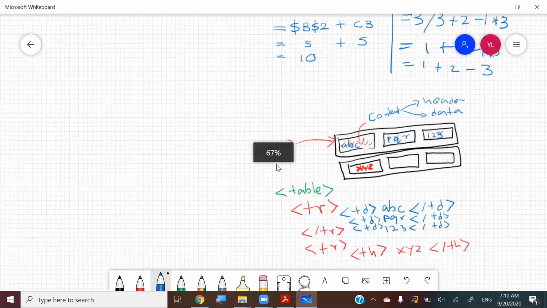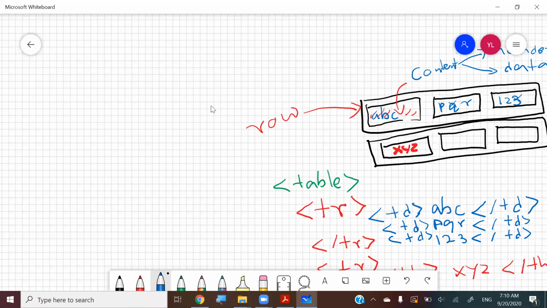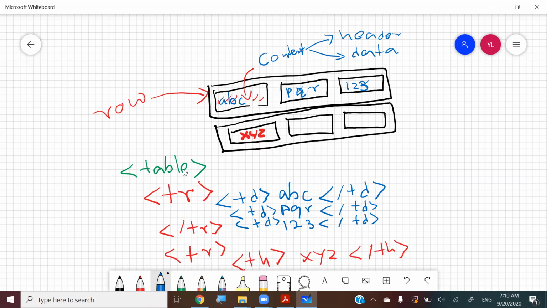So as we discussed, it's going to be row after row, right? Each and every row is going to contain a header or data. To create the table, we need the table tag. To create the rows, we need the tr, the table row. And to create the data, we basically use the td tags, which have an end tag as well. And if we need a th, a table header,